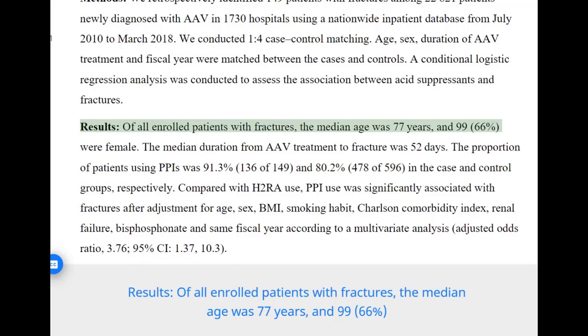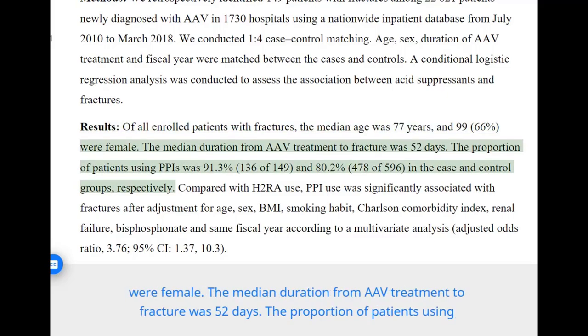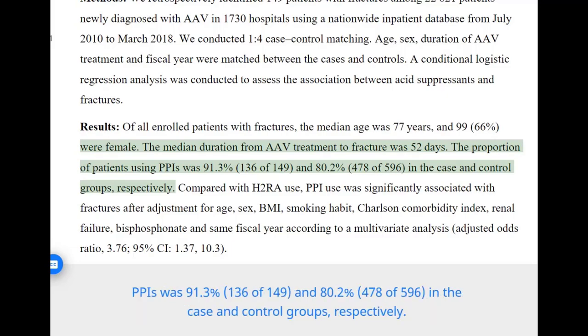Results: of all enrolled patients with fractures, the median age was 77 years, and 99.66% were female. The median duration from AAV treatment to fracture was 52 days. The proportion of patients using PPIs was 91.3%, 136 of 149, and 80.2%, 478 of 596, in the case and